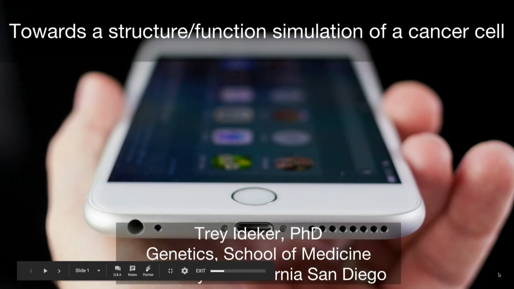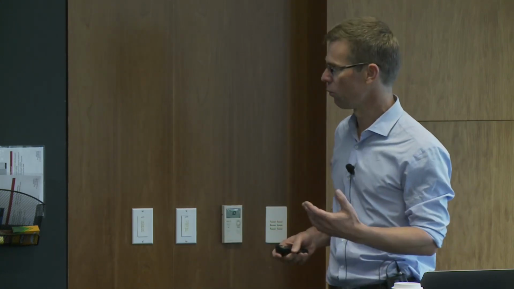Okay, so first question, why do I start my talks these days with a picture of an iPhone? And the reason is simply that if you look at where we're going in computational biology, and especially my subfield cancer genomics, it's really towards a type of Siri system, except a Siri that you don't ask questions or just ask questions about, where's a good restaurant in Pittsburgh tonight, or where's a good sushi restaurant tonight. She can, of course, answer those questions already to some ability, but questions of a more biomedical nature.